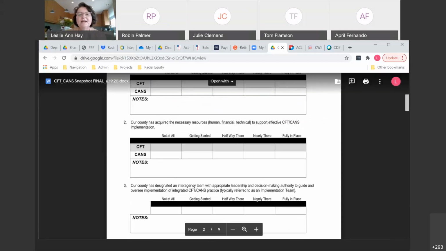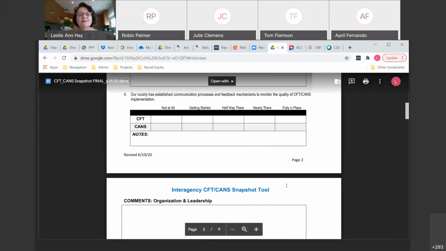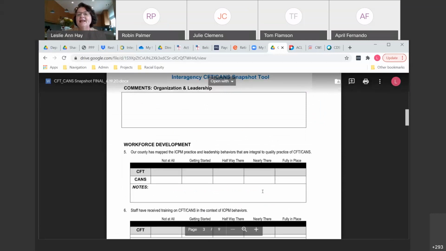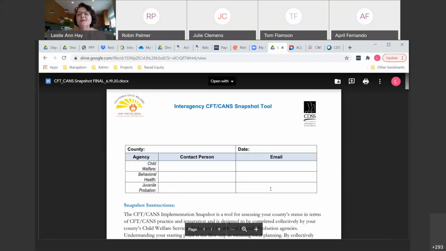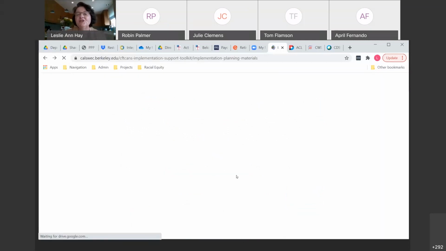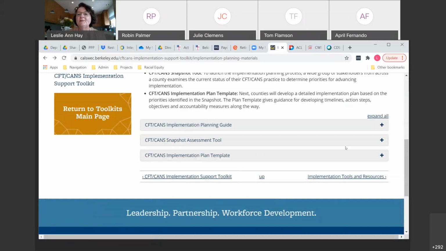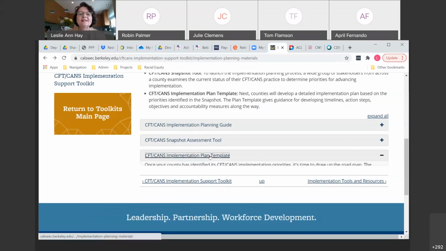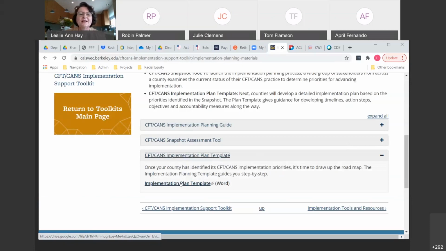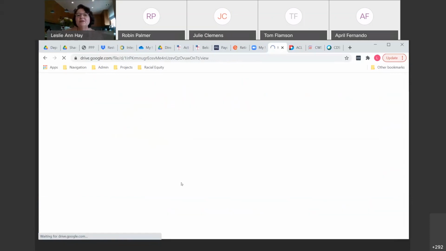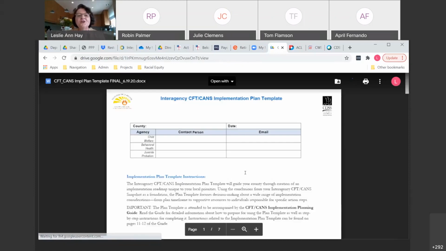So it's a way to gauge yourselves on that, draw some conclusions about it, and it helps guide you toward the kinds of implementation priorities that you may want to focus on in your area, in your location, based on what's happening for your staff and your organization and your environment and your clientele. And then once you get that assessment information, there's a companion implementation plan template that is also available that you